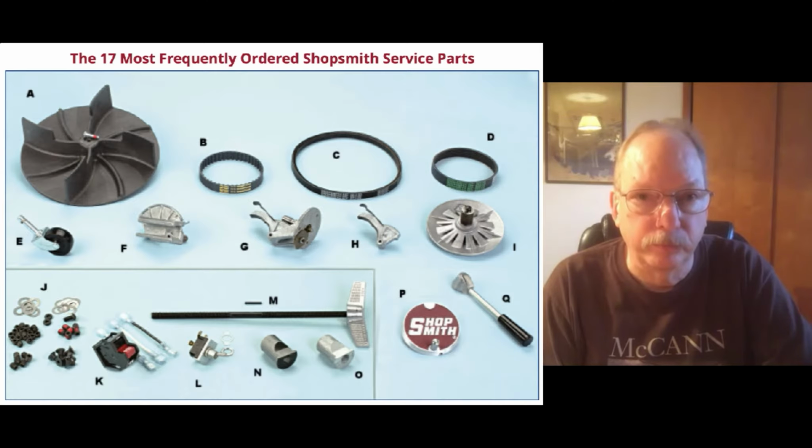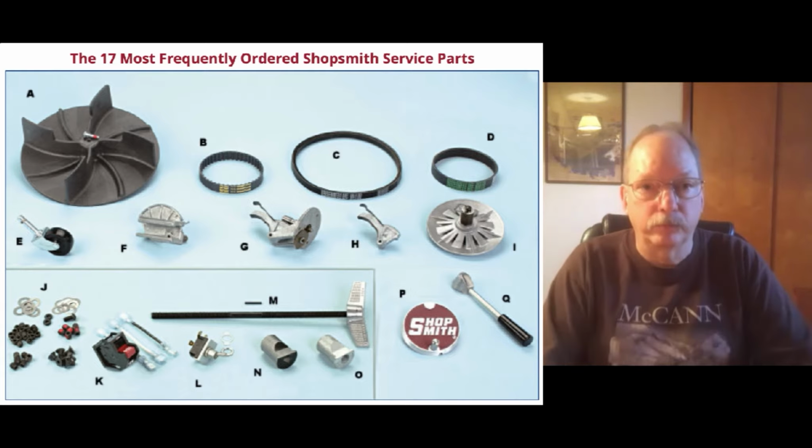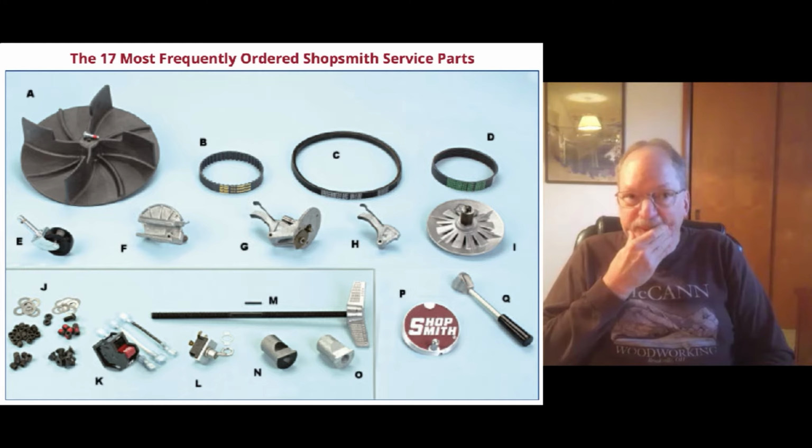So I think in a similar vein, I noticed that you guys have like the top dozen, 20 items that might need to be replaced. You got the impeller for the dust collector, and you got the V-belts and the this and the that. Why do those exist? Why are tools made that have these things that someone's going to have to replace? Why not just beef all those up and have them never fail? Reason? Well,